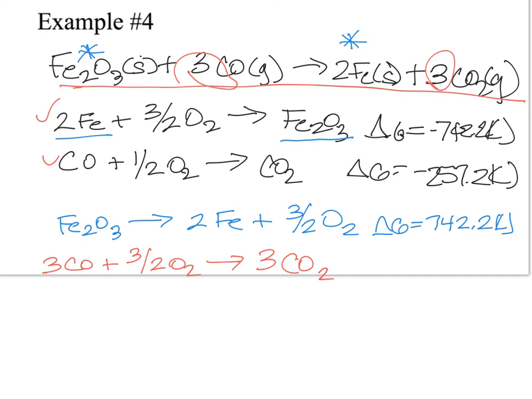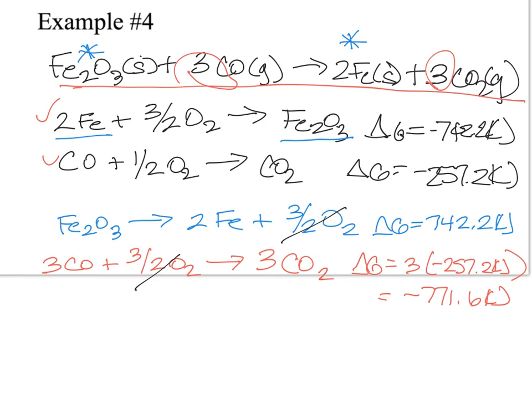And for that I need to multiply delta G times 3. Delta G is equal to 3 times negative 257.2 kilojoules, which gives me negative 771.6 kilojoules. Now I can cross out terms that are the same on both sides, which is our 3/2 oxygen,